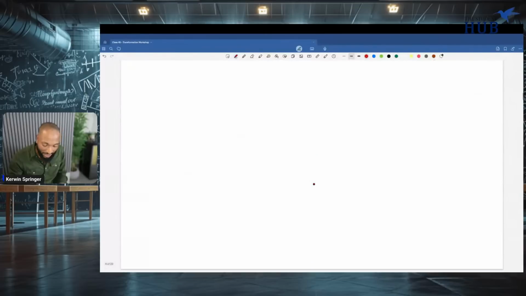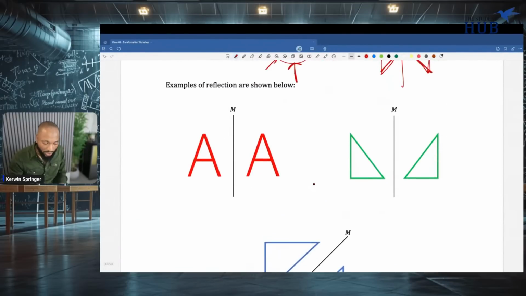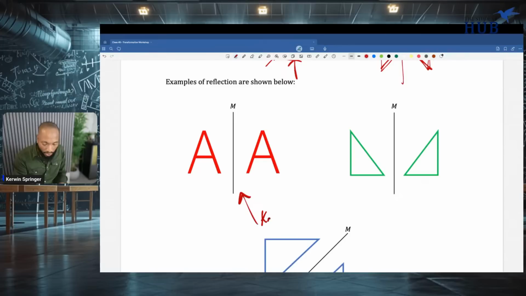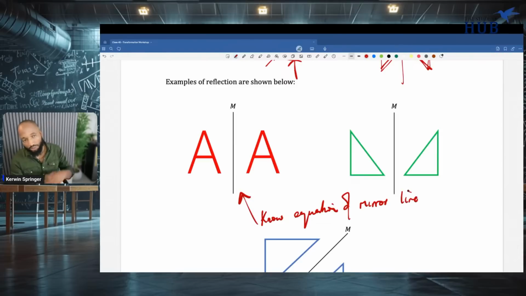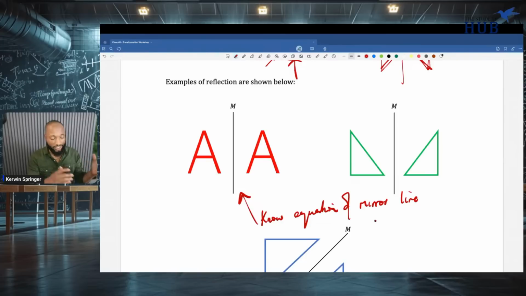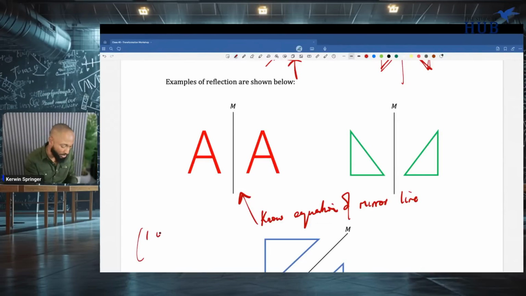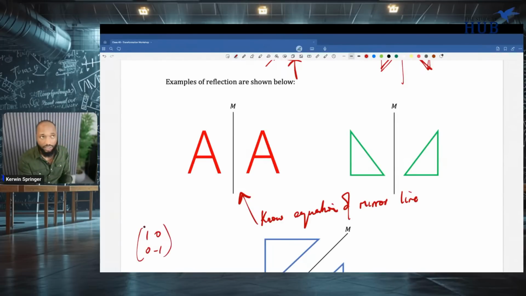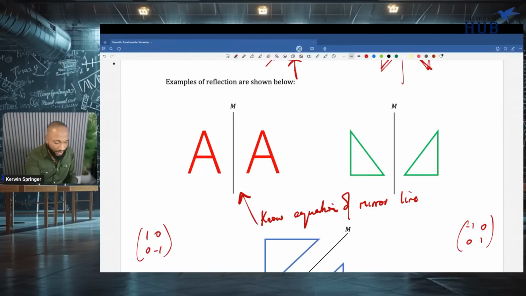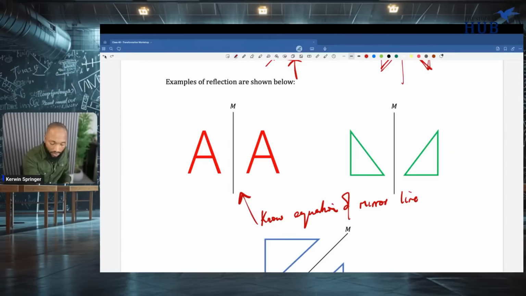So a reflection can just be described. All you need to do to describe a reflection is to know the equation of the mirror line. Of course, in matrices, there's a little more, like you need to know the actual thing that does the reflection. Like I told you, this matrix does a reflection in the x-axis. This one will do a reflection in the y-axis. More on that later, maybe in the crash course, we'll touch that. So all I need to know is where to put the mirror line. So let's go see some stuff.